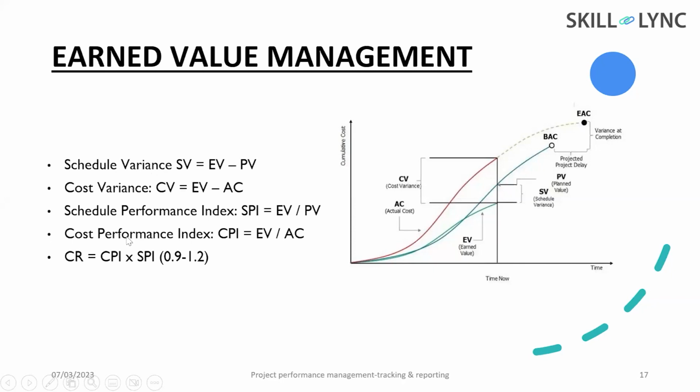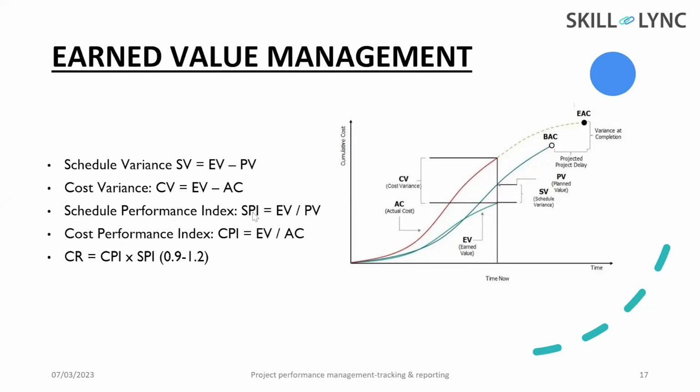So here we can tell that your project is performing in such a way that there is a particular delay in the project and there is a particular variance, or a particular change or difference in the cost. So what is the track of it? For that, we have 2 indexes showing how this performance is happening. That is SPI and CPI.